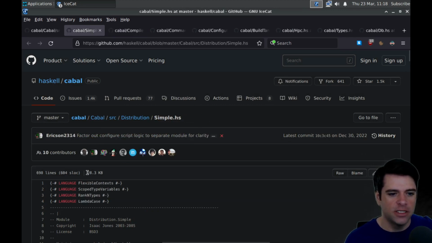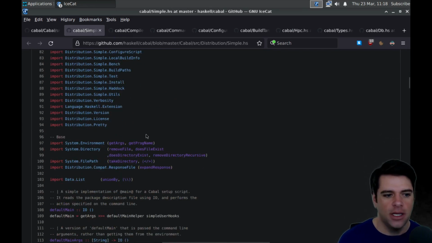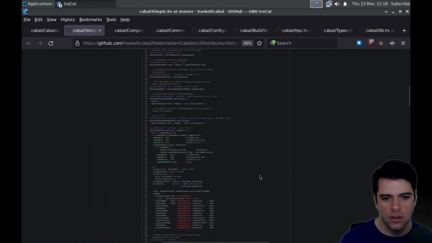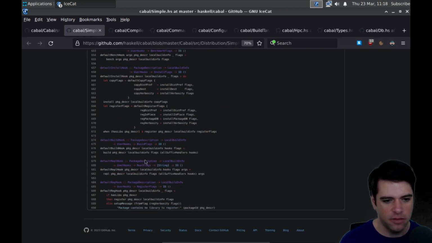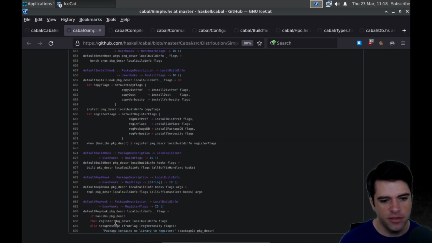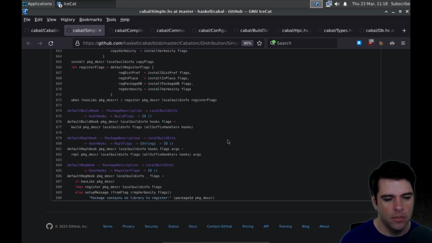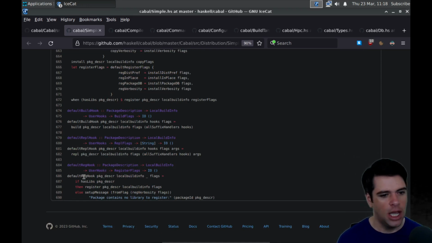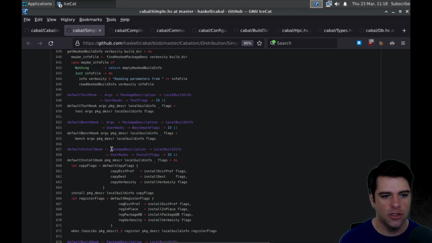So here, let's go back to Simple now that we've opened up some other files. And let's see how big Simple is. It looks pretty big, much larger than any file we've looked at so far in this code base. Okay, so about 700 lines, 690 to be exact. Let's read from the bottom. Sometimes that's good. We've got a default register hook, I guess. So we're going to register stuff, install hook.